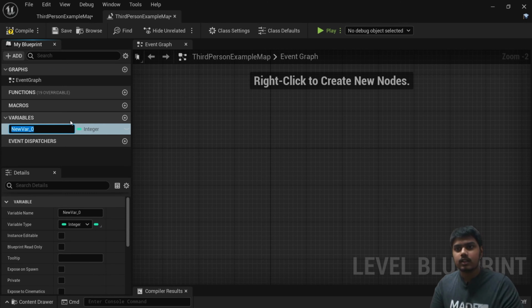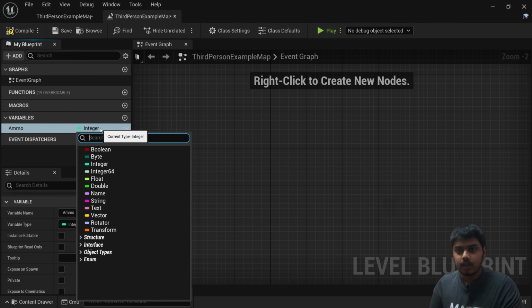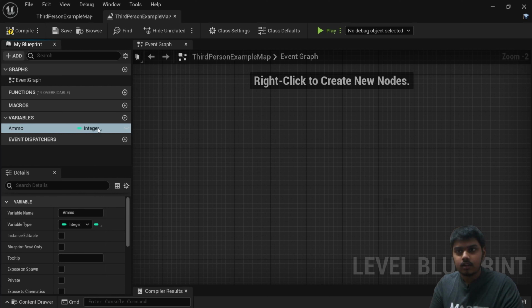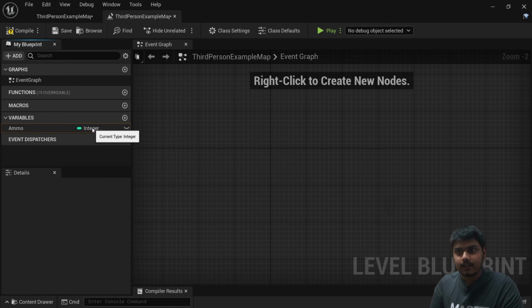I'll just click on this and here you can see new, it is asking for the name of the variable. Here we'll just set ammo. Bullets, guns, ammo. How many bullets does it have left? Here by default it is on integer. If we click on this current type, integer,